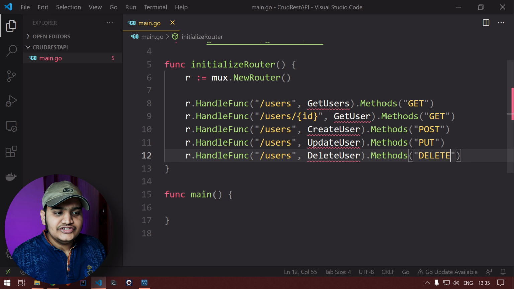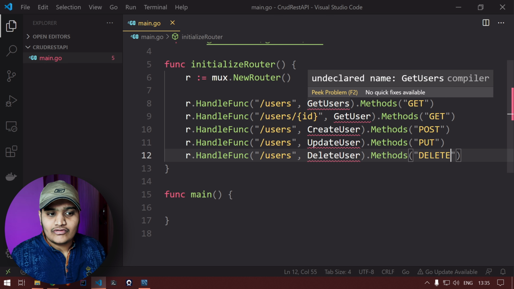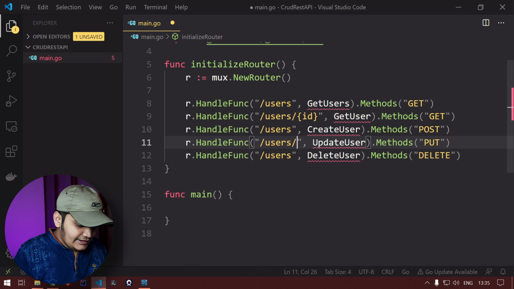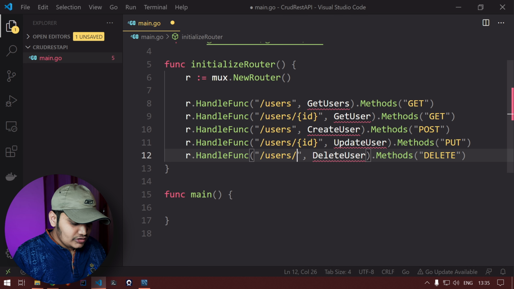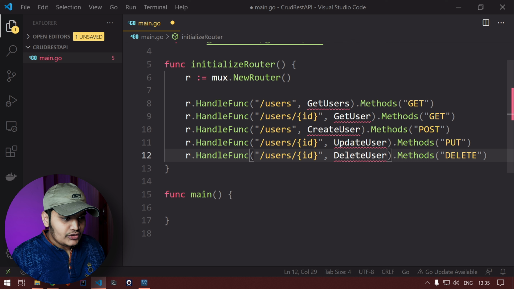Okay, so these are the function declarations that we have provided over here. So these are the handler functions. On the call of each function or each REST API, these are the functions that we have to call. Now let's add the IDs also over here. So when we want to update, we will pass the ID, like which particular object we want to update, and we will also pass the ID of which particular object we want to delete.